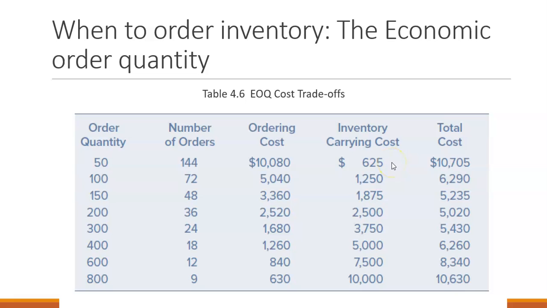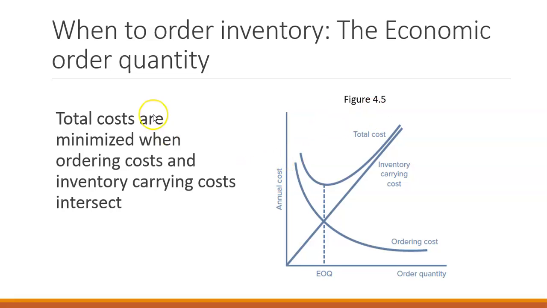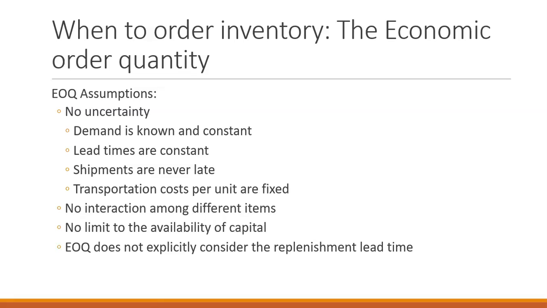So the goal is to minimize the cost. So you can see on this chart, total costs are minimized when ordering costs and inventory costs intersect. So that's at this point. If we graphed out those amounts, this would be those 200 yards of hemp where our ordering costs and our inventory carrying costs intersect. Okay? Some assumptions with the economic order quantity formula, though, is that there's no uncertainty in the demand for our